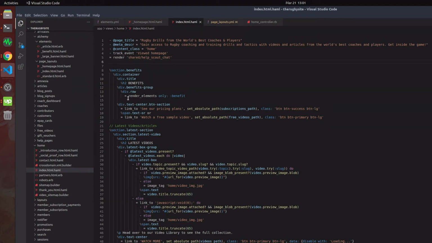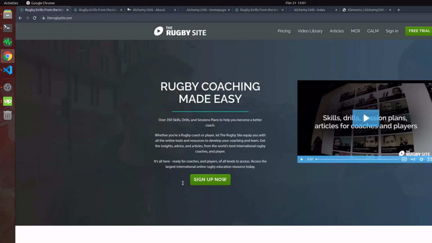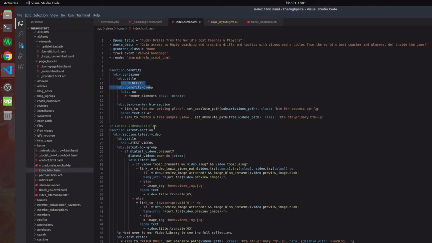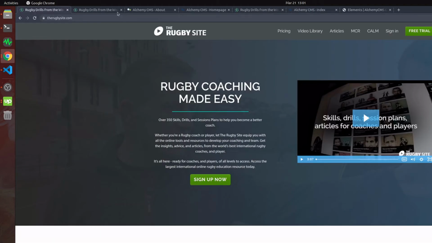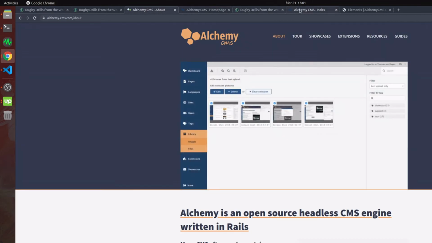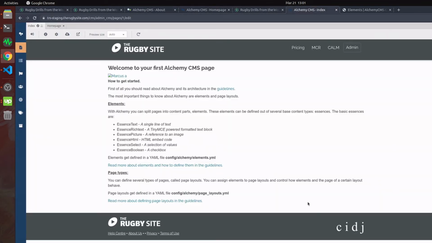This is all old, but here at benefits, so this is this bit, instead of the old one where it actually had the defined thing, you put this render elements only benefit. And this is saying if on what Alchemy thinks is this page, this is the home page, if there's any,